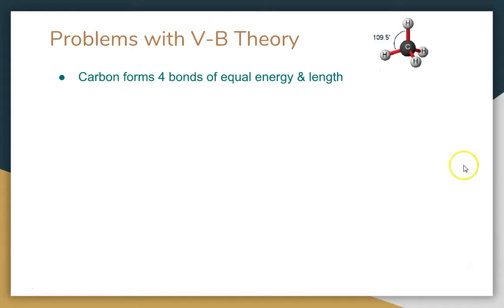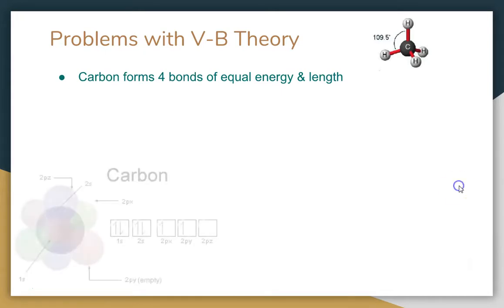So the valence bond theory sounded really good, and we still use it. It's still very helpful. But because of experimental data, we had to modify it. That's how all of our models get adjusted, right, based on how well they align with experimental data. So we know from experiments that carbon has 4 bonds, and those bonds are equal in strength